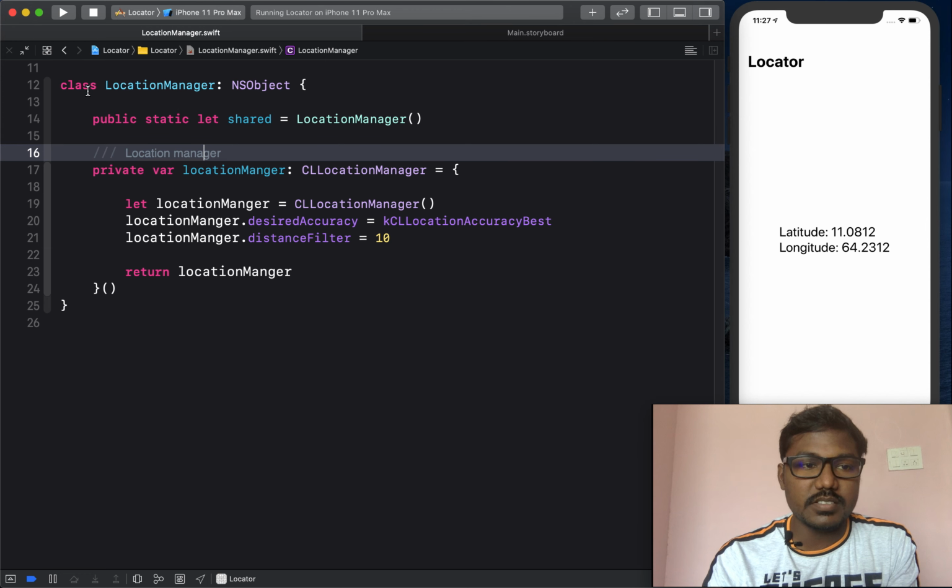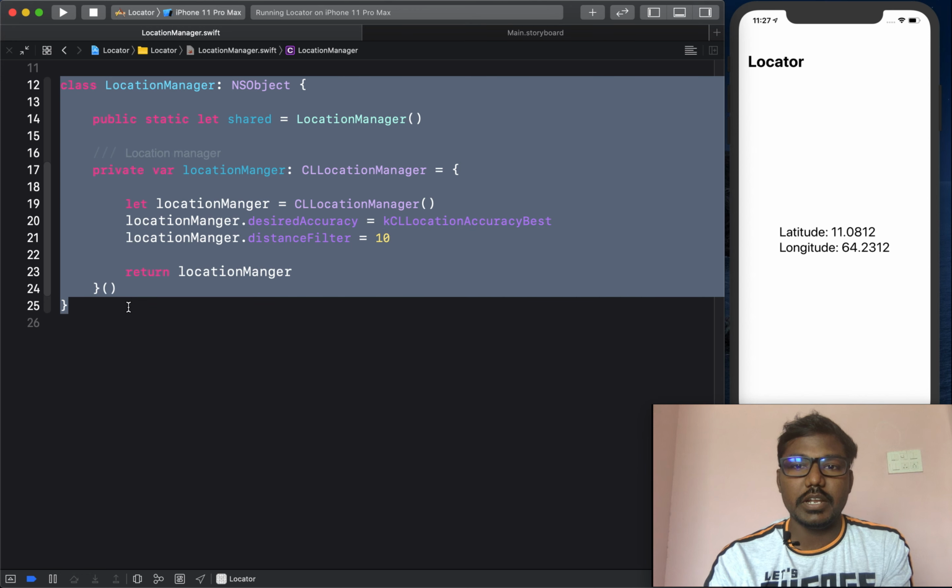Why I am creating this singleton class: the good practice is to get the core location in a single place at a single time only. If you create a function to get core location in every view controller, then every startUpdatingLocation function will be called, meaning location will be fetched multiple times.